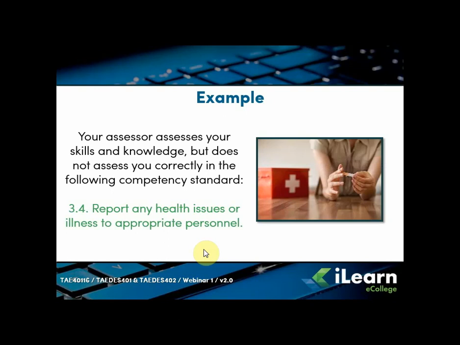Alright, so during the assessment, we'll call this, say, a written assessment, which is basically just a written exam. You're given all these questions and you're answering them, and there's a question in there which talks about reporting any health issues or illnesses to appropriate personnel. For whatever reason, the answer you gave was completely off the mark,